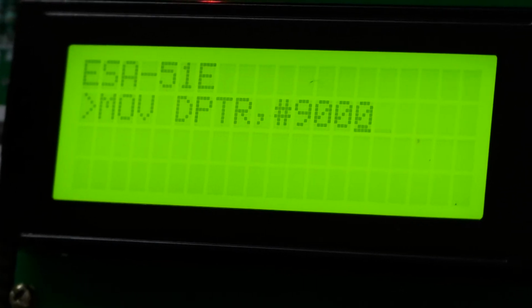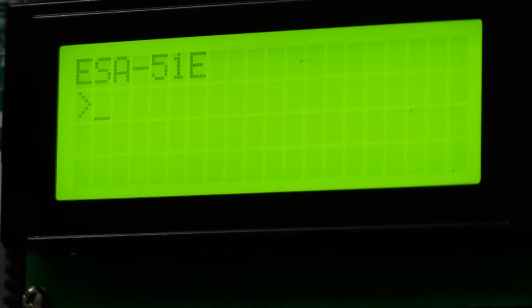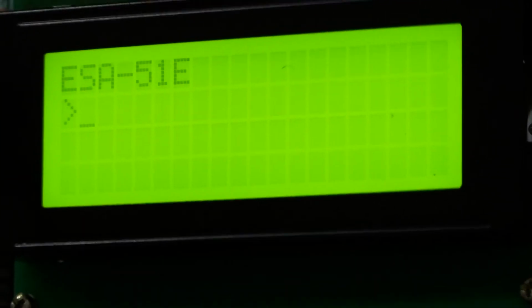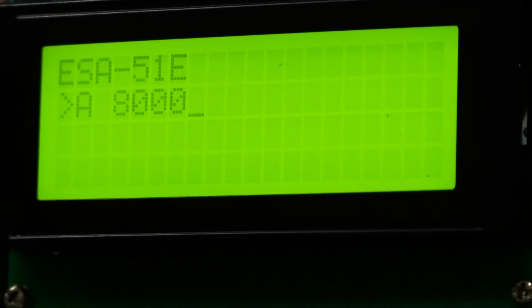Before typing the multiplication program, you have to give the assembler address. So A space 8000 is the assembler address I am giving. Then press Enter. At the 8000 address, you need to type the multiplication program.